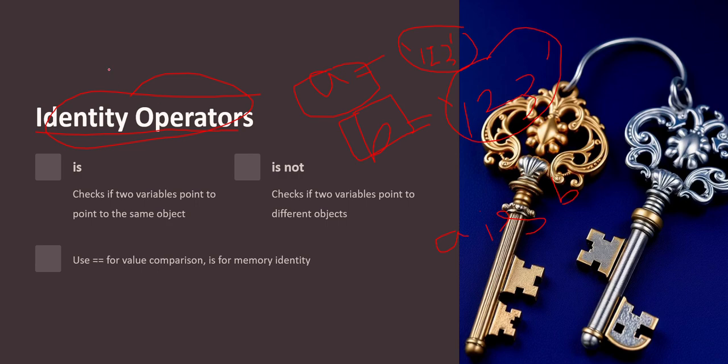So what is an identity operator basically? Identity operators are used to compare the memory location of two objects. That means in this scenario, a and b both have the same value, but they are not referring to the same memory location. Make this clear: an identity operator means they are supposed to refer to the same memory location and have the same value. If they have the same value but refer to different memory locations, I'll be getting false in that scenario. Okay, let's interpret this in a better way with the help of code.